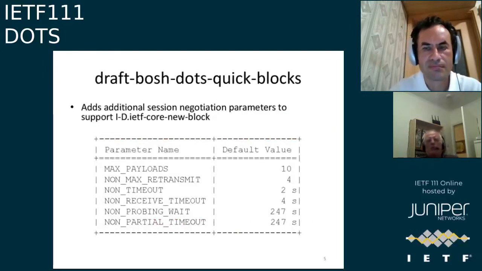So there are some additional parameters. Those of us that are familiar with CoAP will know things like ACK timeouts and so on, just to be able to deal with congestion control. But there are some additional ones that have been introduced for this Q-Block stuff to make it work there. So what we've done, if we go to the next slide,